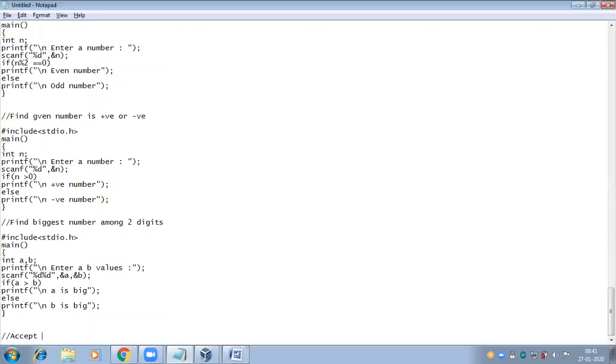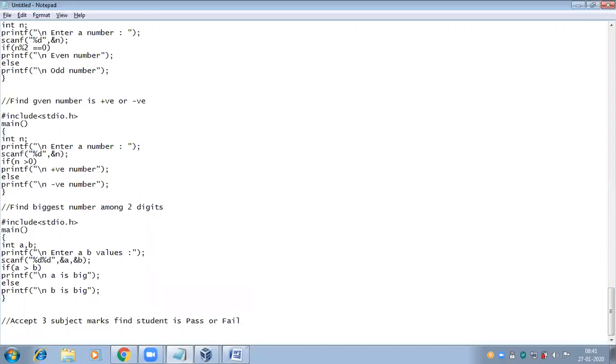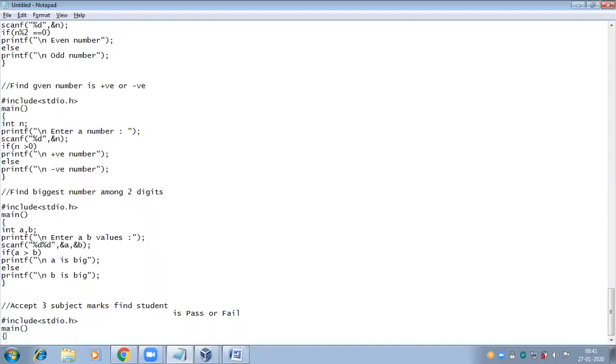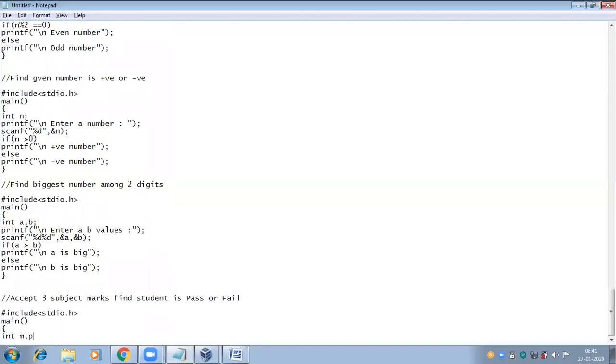So here, accept the 3 subject marks and find whether the student is pass or fail. Here 3 multiple conditions we are required to check. Friends, here I am taking the 3 subject marks first, 3 input variables. I am not calculating any total or average.